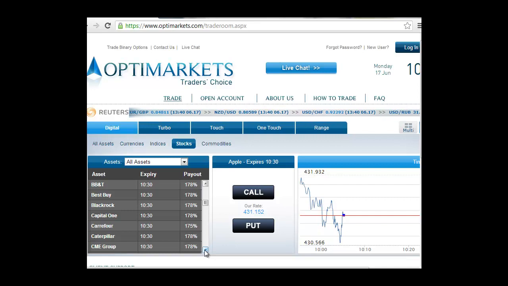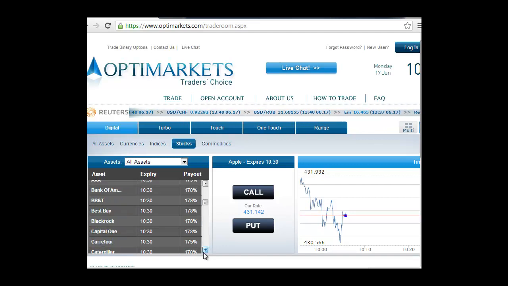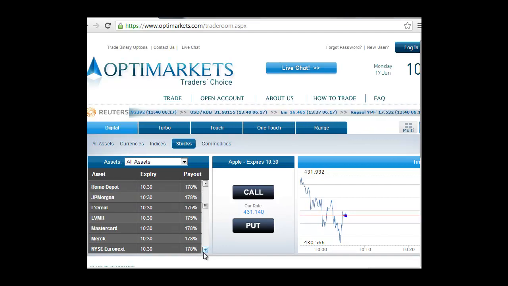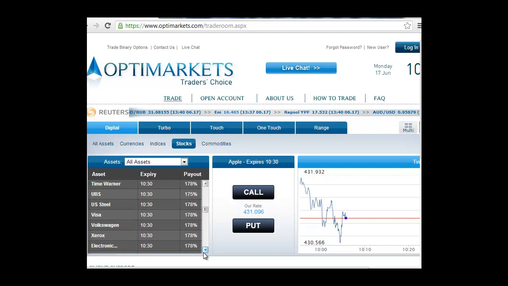stocks. You really want to trade stocks that you know for earnings plays, and you want to, if you can, trade stocks that announce earnings in your local time zone or at a time when you'll be awake and in tune with what's going on with that market. As an example, Apple is a very liquid stock within the U.S.